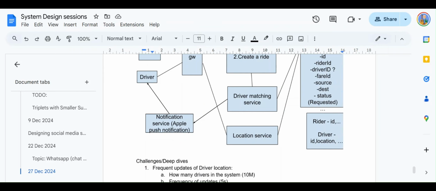Okay, but let me ask one basic question. I talked about TTL, time to live. How is this TTL going to be decided? If I store it in the database, who is going to manage this TTL? How will this record get deleted from the database? Who's going to take care of it?